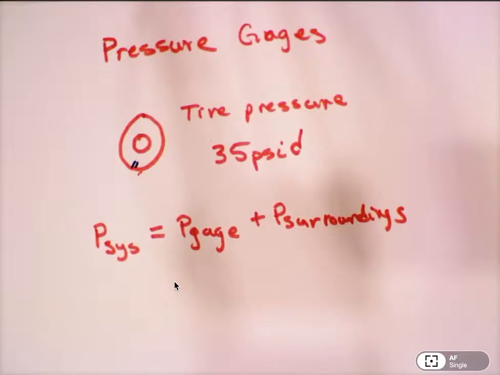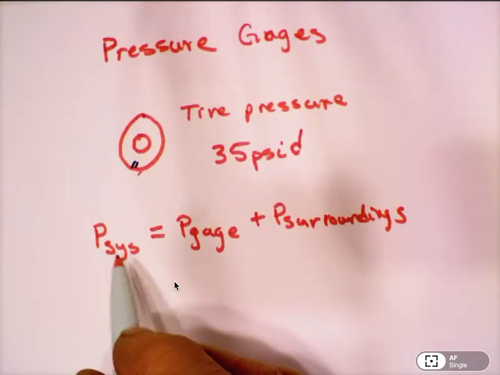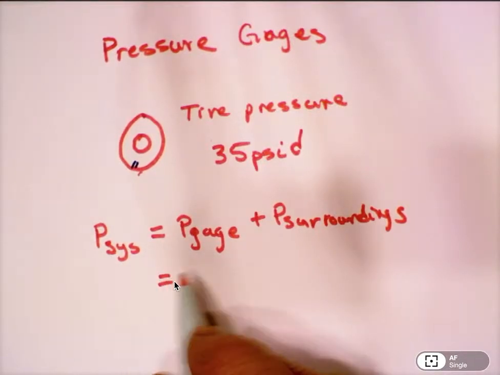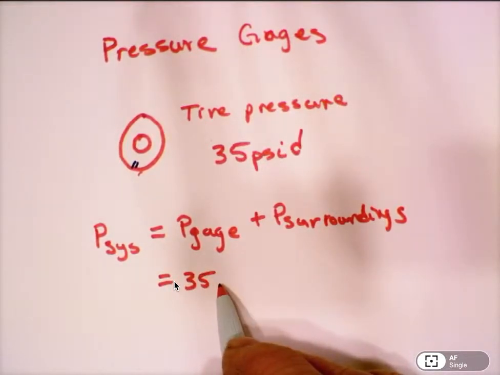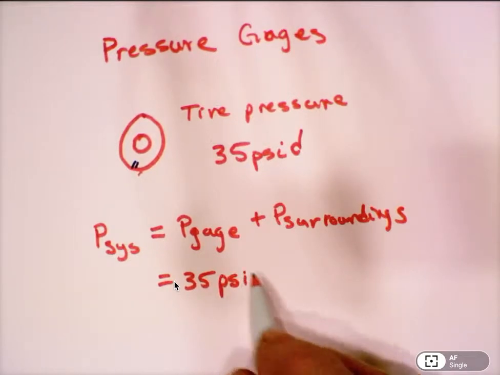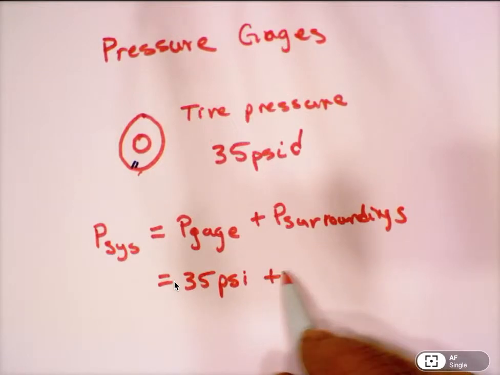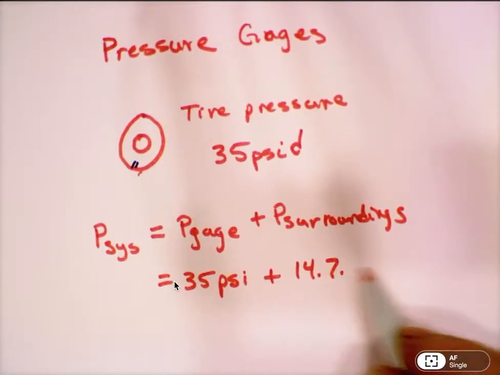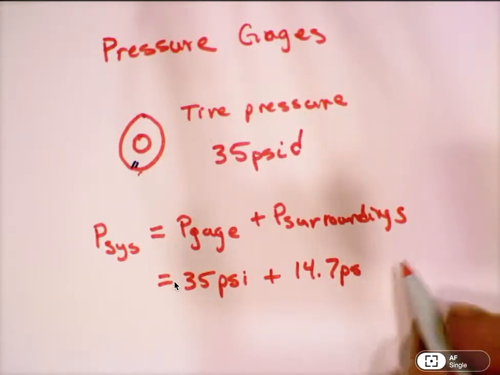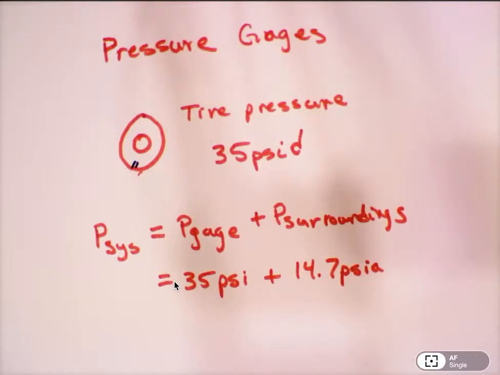Atmosphere. What is atmospheric pressure? 14.7 psi. So the pressure of the tire is equal to the pressure of the gauge, 35 psi, plus the pressure of the surroundings, 14.7 psi A, and that stands for absolute. And so our answer is 49.7